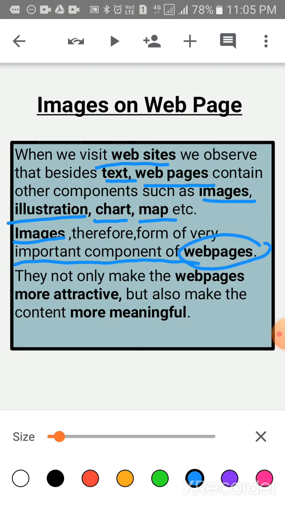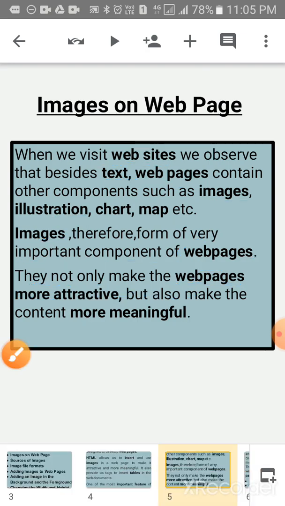They not only make the web pages more attractive but also make the content more meaningful. Clear, children? So images are very important to make your web page more attractive and meaningful.